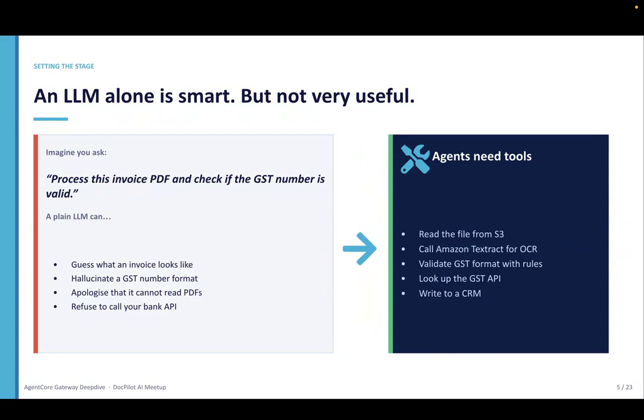What would a plain LLM do? It just guesses what the invoice needs to look like because it has no context: where the invoice number is, where the GST number is. If somebody mentioned GST and then provided the GST value, it can find it. But if it is an unstructured document, and the GST number was not provided in a proper manner, it cannot do it. And some LLMs cannot read a PDF file. Most LLMs, I'm saying, if you're using a small LLM locally, cannot do it.